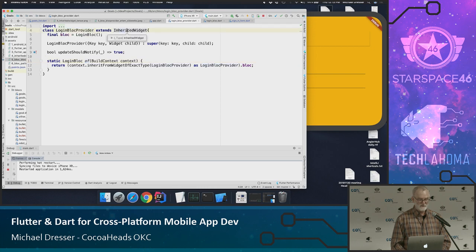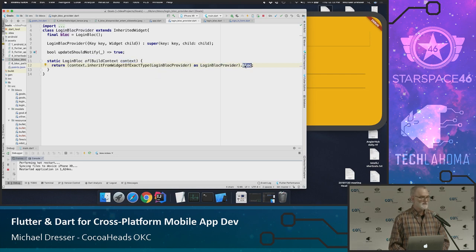It extends inherited widget, right? When this is instantiated, it instantiates the login block. We're going to ignore this for the moment, but here's that of method. It's static, so it's always available as long as you have an import that gives you this login block provider. And simply by calling it with this context, which basically places this widget in the tree somewhere, it's going to return the login block.